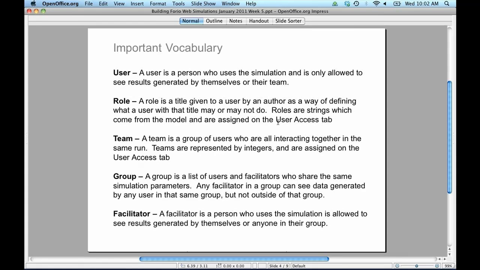These are the important words here: users, roles, teams, groups, and facilitators. Some of these might be familiar to you because I've been using them throughout the past couple of webinars. But just to make sure that I've covered all of my bases here, users are people who use the simulation, and they're only allowed to see results generated by themselves or their team. And what that begs the question of is, what's a team? A team is a collection of users who are all interacting together in the same simulation run. If you remember from a couple of weeks ago, a run is a simulation